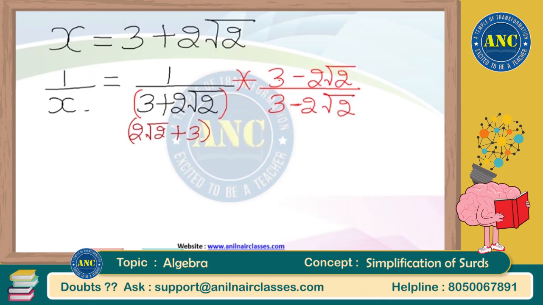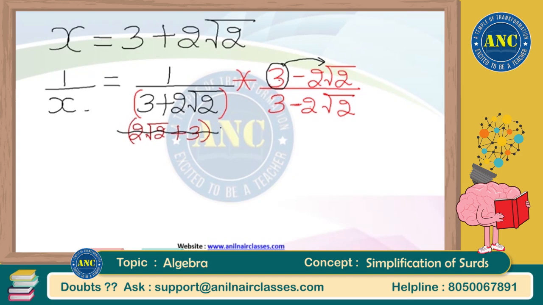Should I take it as 3 plus 2 root 2 or 2 root 2 plus 3? Which one should I take in the denominator? Very simple, sir. Whenever you are subtracting any two terms, you should always take care of this factor. The first value should be the higher value compared to the second value. Now, the next question which will come once again for you people is,